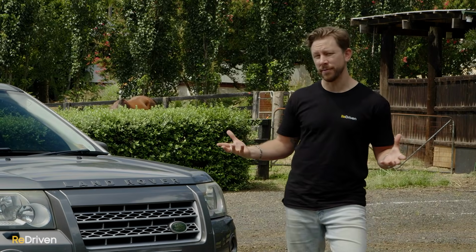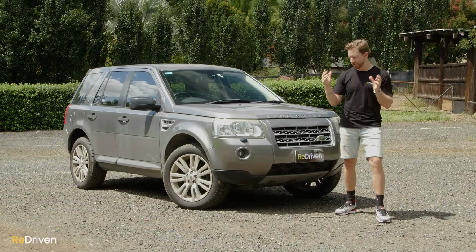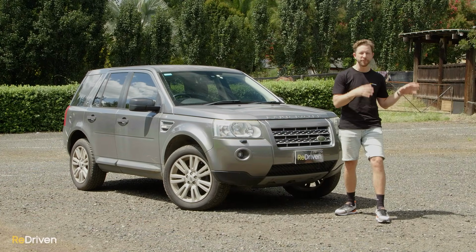Buy because it shares a whole bunch of engines and transmissions across a whole bunch of different variants, and